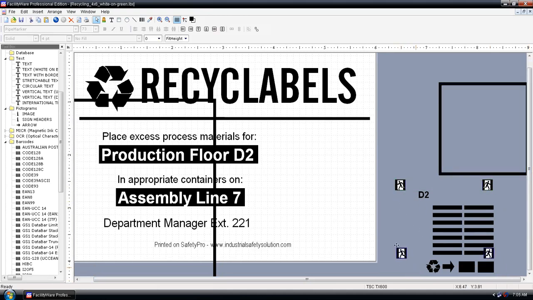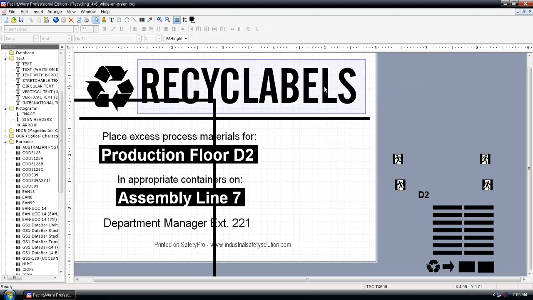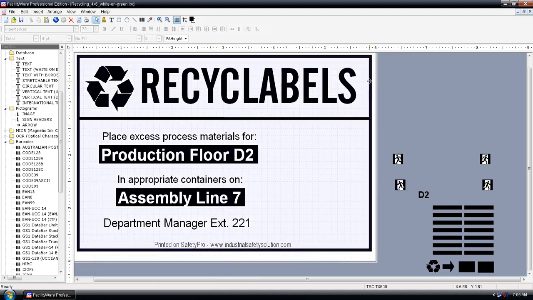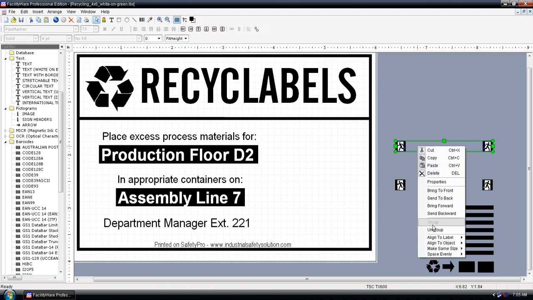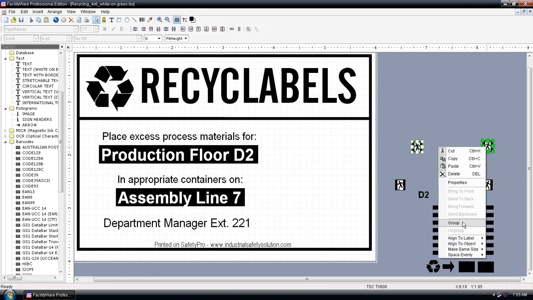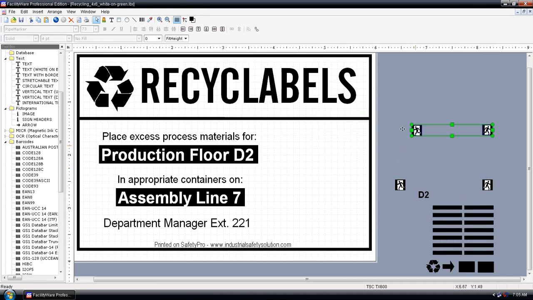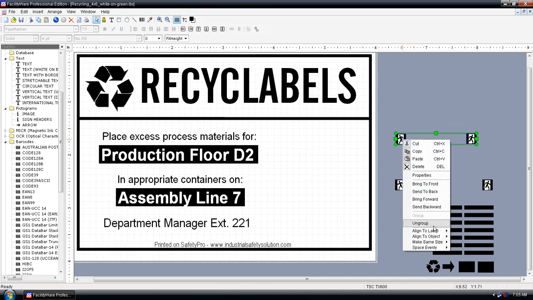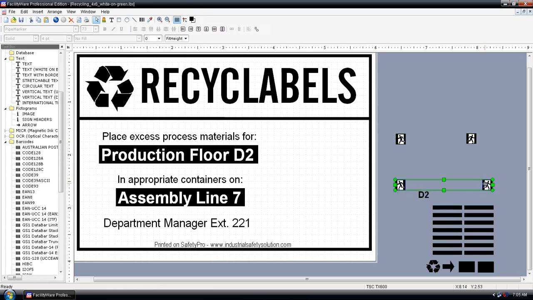So first of all, let's look at these two things here. We're just tearing this label to pieces. I'm going to delete some of this stuff just so it's not in our way. I guess we can leave that there. So notice how when I move these icons, it's two icons together. I'm going to right click on this and say ungroup. These are actually just two icons, and I wanted to keep their spacing consistent, so I had highlighted them both by drawing a square around them, and I right clicked and hit group. When you do that, it turns them into one, and they can be moved as one. But when you're working on them, you don't really want them grouped. So right now I'm going to ungroup those